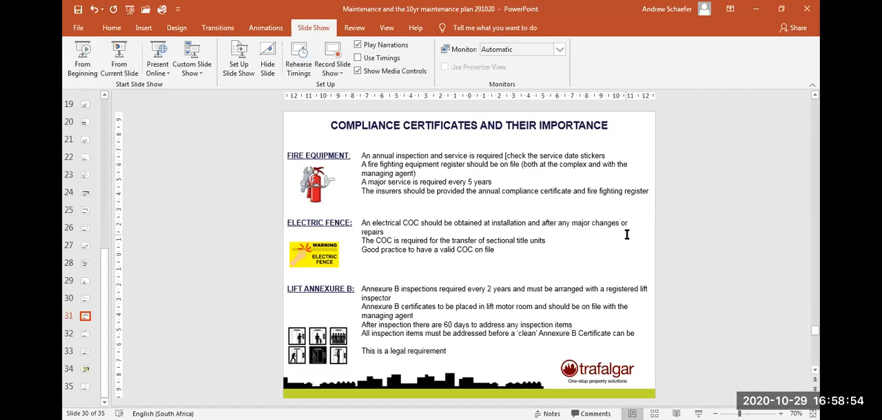It doesn't expire, but a new one would be required where repairs are undertaken. And then in terms of lifts, an Annexure B inspection is required every 2 years. The lifts are inspected by a registered lift inspector. They need to be registered with the Department of Labor. If there are any inspection items which are really snags, those need to be addressed within 60 days. After they're addressed, the inspector will come back, check that they're corrected, and then issue a clear certificate. Again, that should be on file, it should be in the lift motor room, and it should also be provided